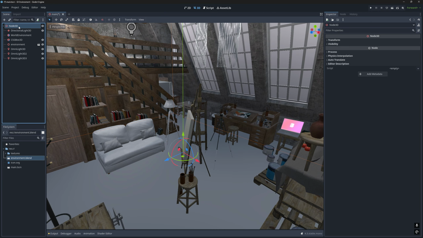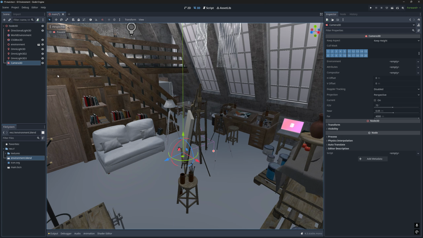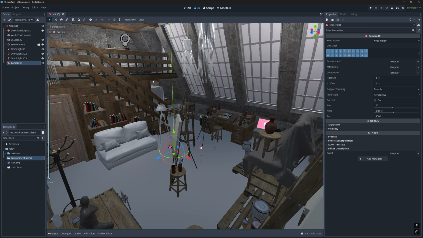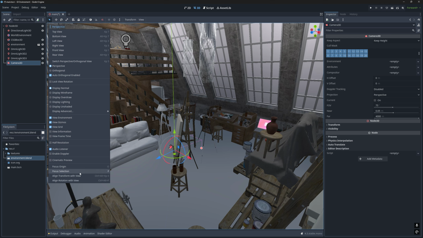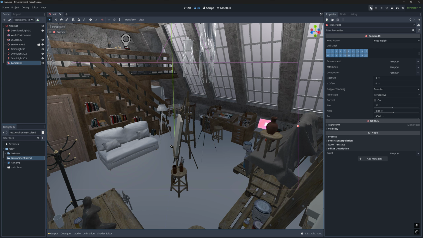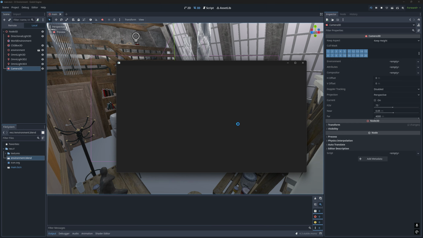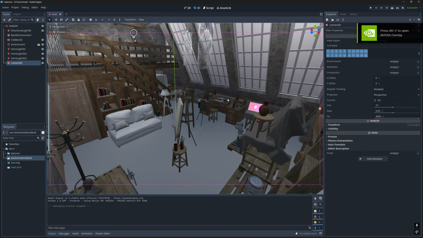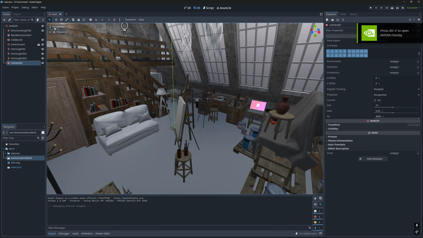Let me add a Camera3D, and we can find a nice location, do an align transform with view, and play the game. That is a very basic 3D environment, right? So far it looks fine. I would say it's still working. It's not perfect. The next thing we can do, first let me just slightly adjust my camera view, and then